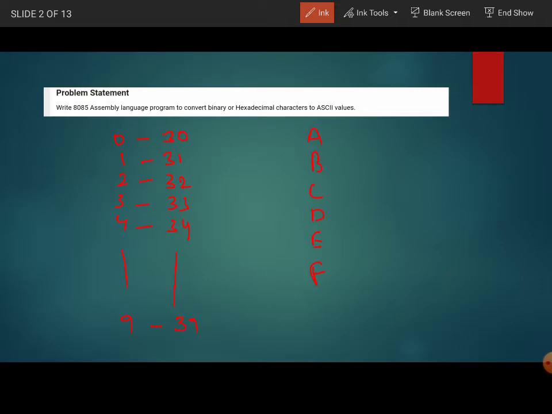Whereas the ASCII value for A is 41, B 42, C 43, D 44, E 45, F 46.